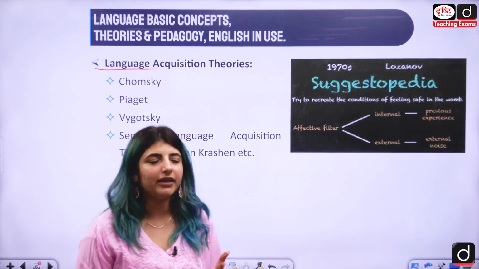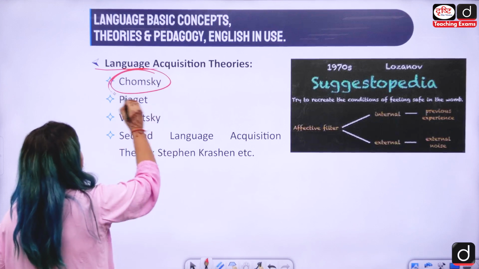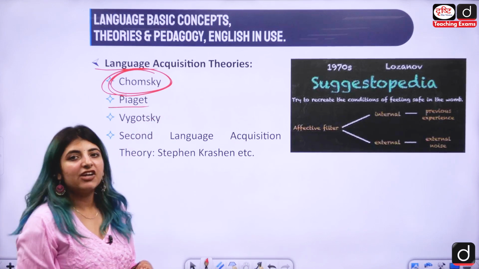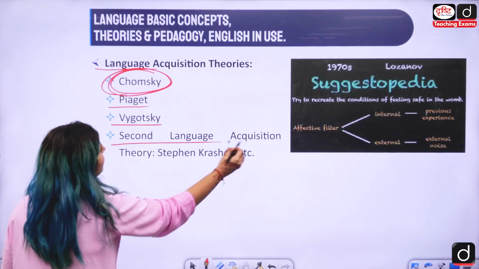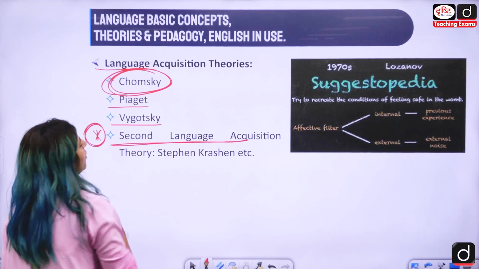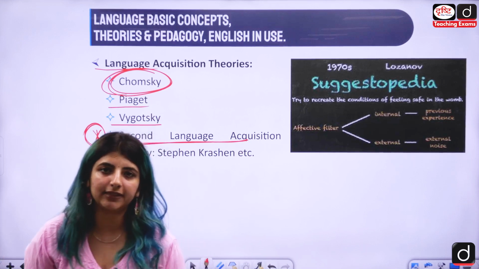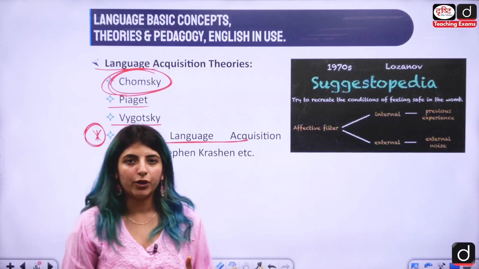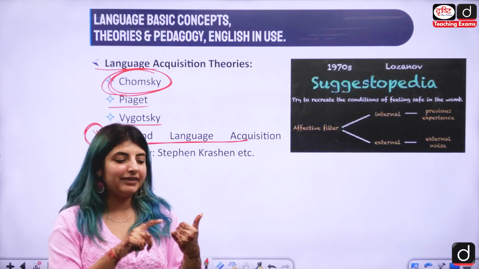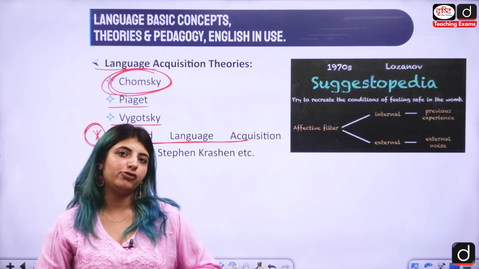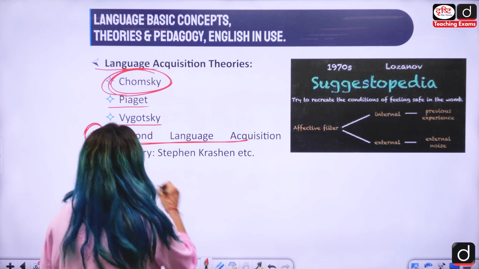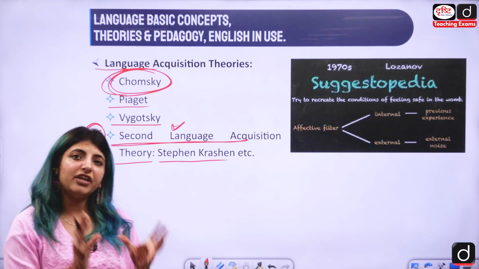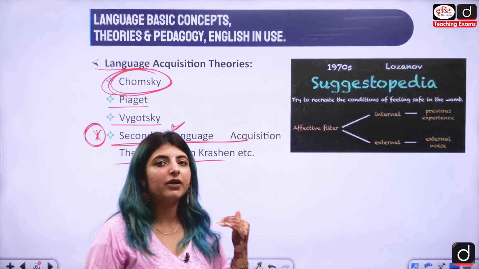There are many theories for acquiring language, where we have a very prominent writer and linguist known as Noam Chomsky, right? We have Jean Piaget's theories, Vygotsky, and second language acquisition, which is a really important and hot topic for UGC NET aspirants, because they want to see, if you want to acquire a second language, how the teacher should be teaching you. So this particular unit incorporates the teaching and learning methods which are required when a person wants to be an English learner, right? And here, who gave the theory of second language acquisition? Stephen Krashen, etc. Right? So Stephen Krashen is the major figure when we talk about second language